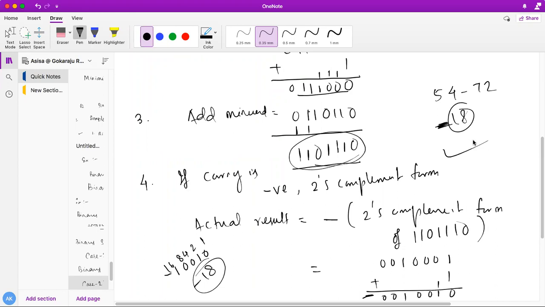And we have also accumulated one rule. What is that? There are actually 6 different possible complement techniques to perform subtraction. Out of these, 3 are actually odd complement techniques, and remaining 3 are actually even complement techniques. In odd complement techniques, if the carry is generated, we just have to add that carry to get the actual result. And in the case of even complement technique, if the carry is generated, we just have to subtract the carry to get the result. This is actually what we have studied today.